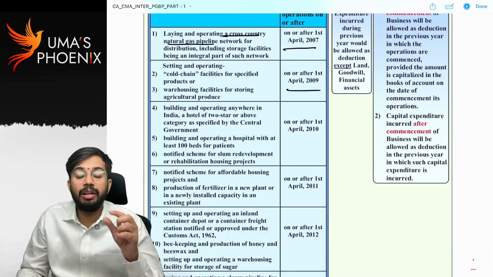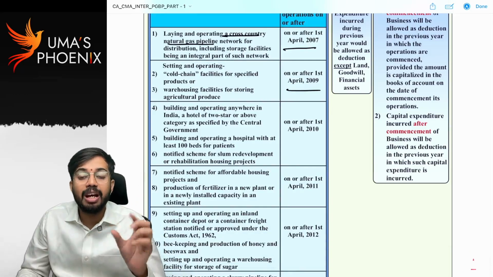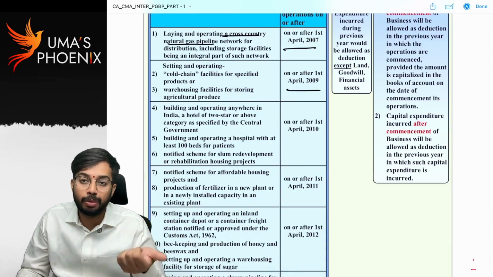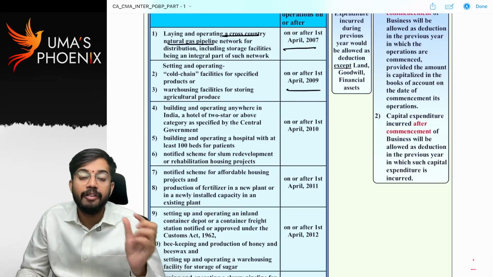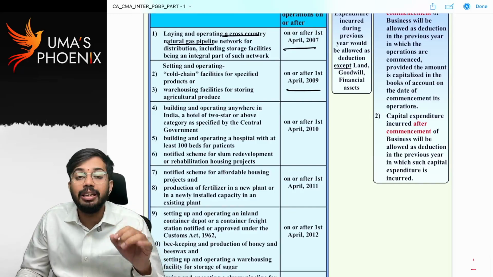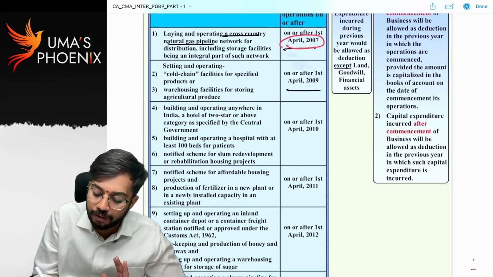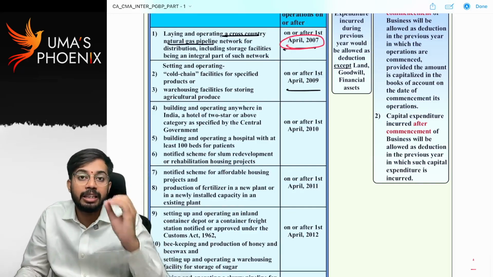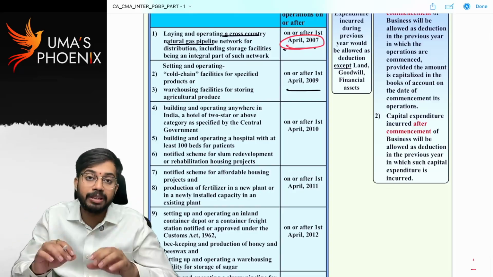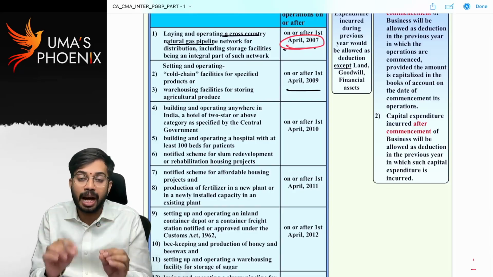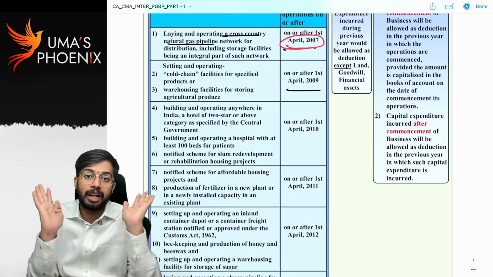Those who are engaged in the business of construction of pipelines between two countries. Why are those pipelines constructed? For transportation of natural gas. That business, if it is started on or after 1st April 2007, is eligible for specified business deduction under section 35AD. In that business, whatever the revenue expenditure and capital expenditure is there, 100% of the expenditure is allowed